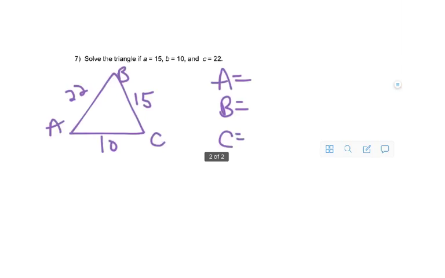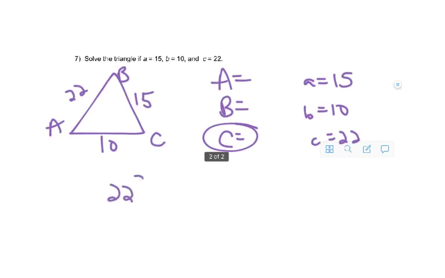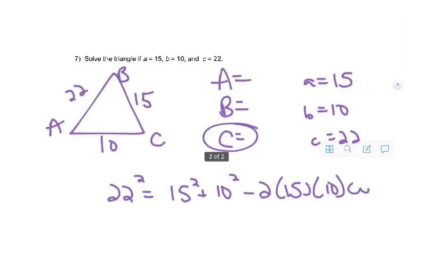It does really matter which angle you find first. You want to find the angle associated with the largest side. And since the largest side is 22, we're going to find angle C first. So, the law of cosines says side C squared is going to equal A squared plus B squared minus 2AB cosine of angle C. And we're going to start by